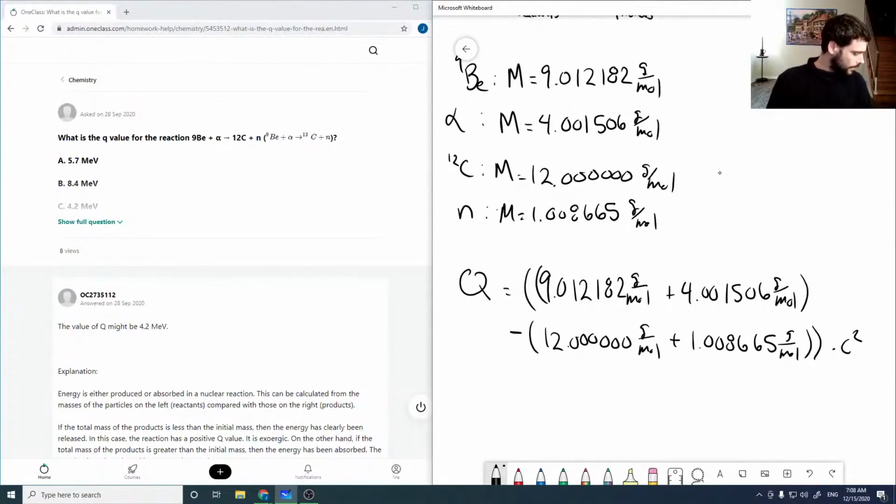So this value in here comes out to be 0.005023 grams per mole, and then we're going to multiply by